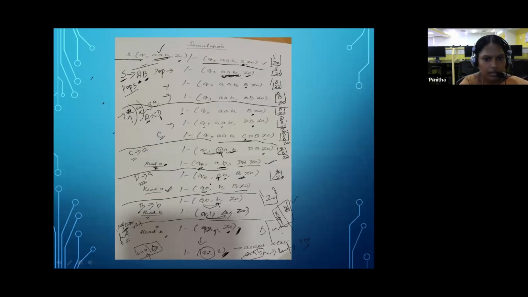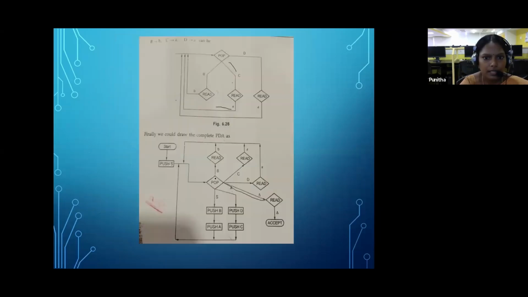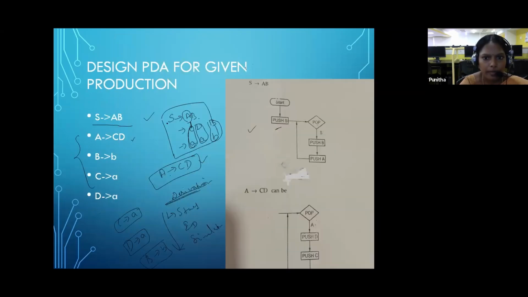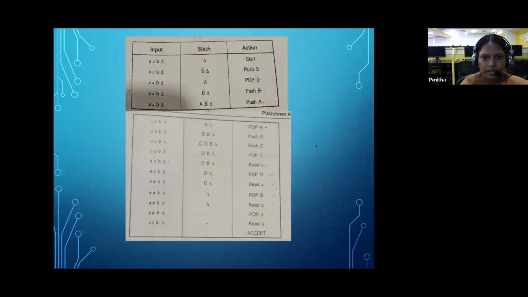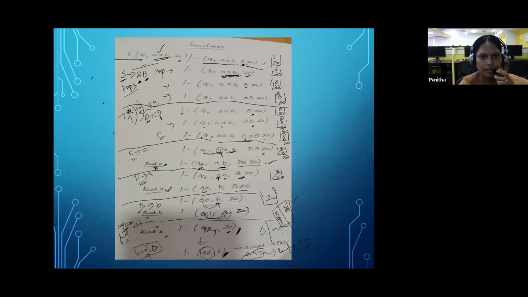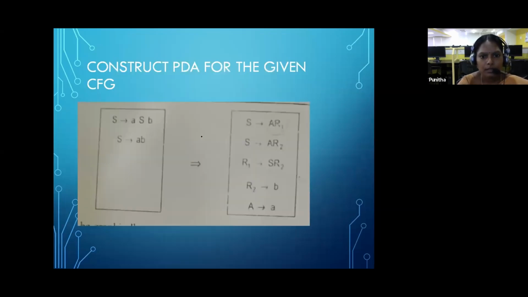Okay, these are all the four ways of representing the CNF. First one is graphical, that is diagrammatic representation. Second one is stack implementation. Third one is ID representation. Fourth one is simulation. Okay, the next